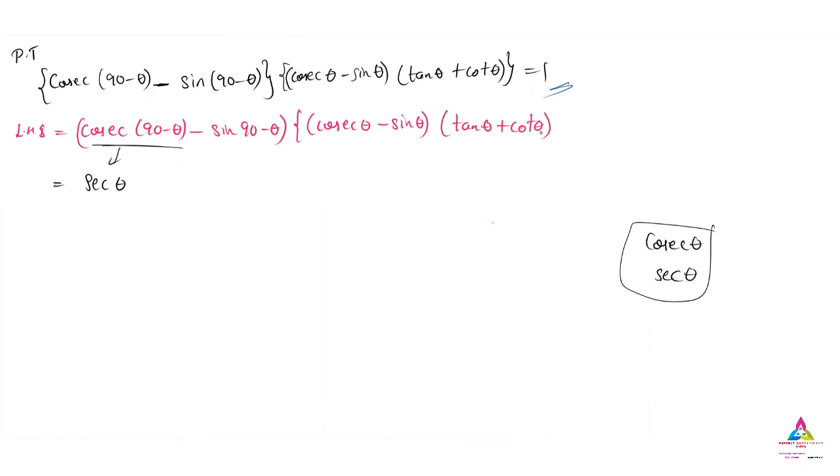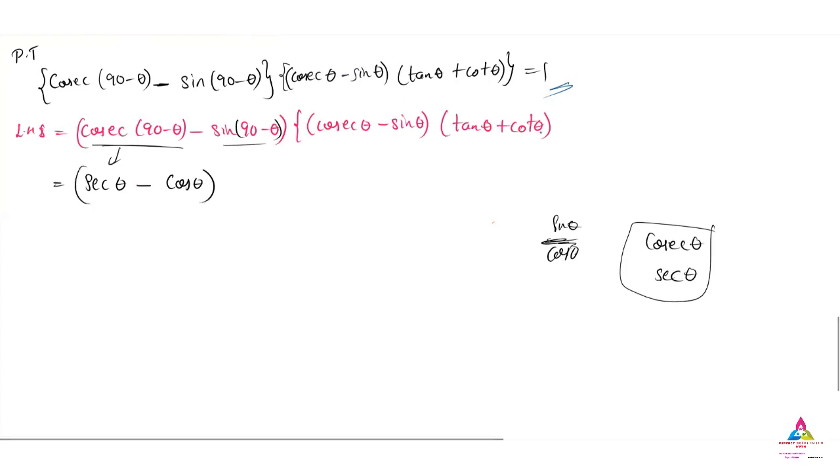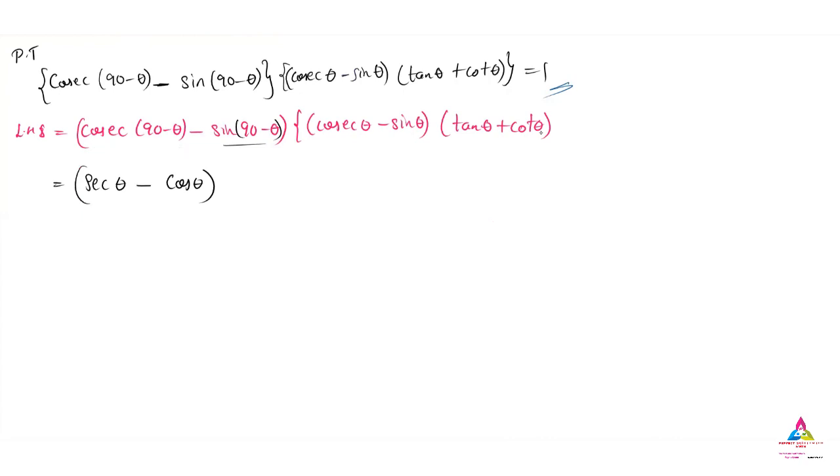So that is the first complementary angle. Once again, sine(90 minus theta): sine and cos are complementary, so it is cos theta. So these two, how they came, you understood, I think, by using the complementary. Clear? So next we will move further. Complementary angles we have learned.